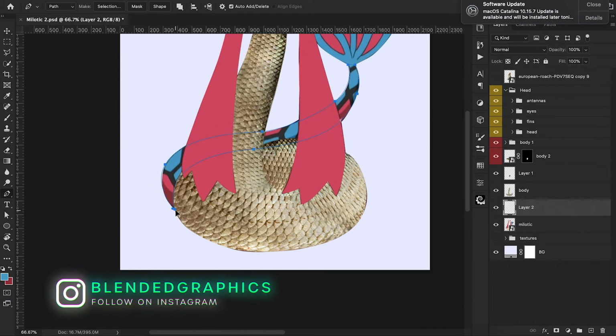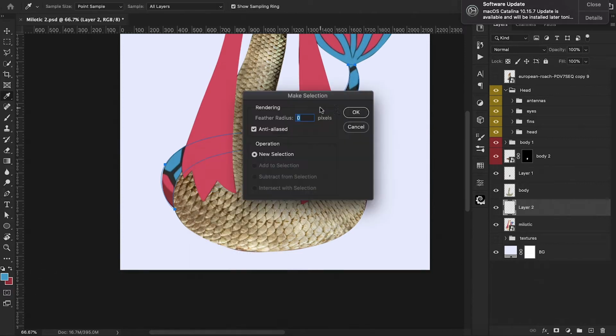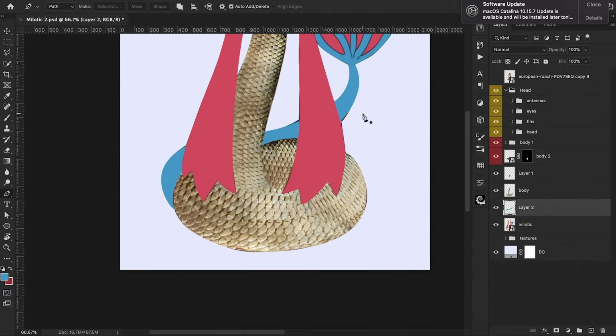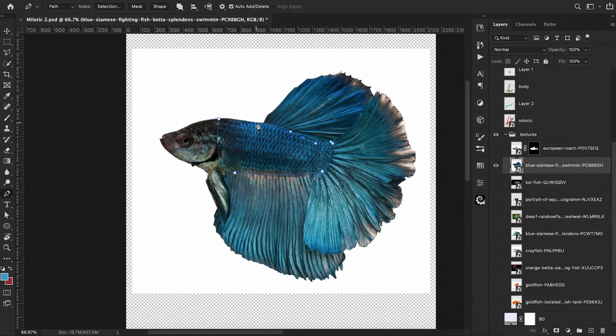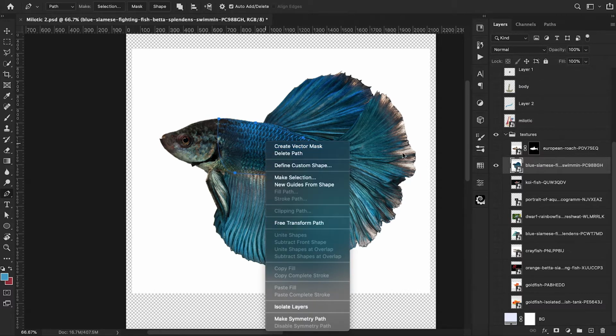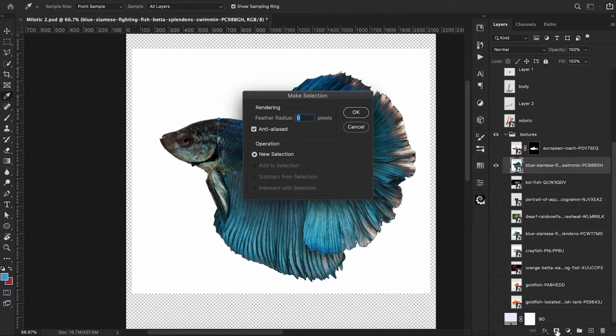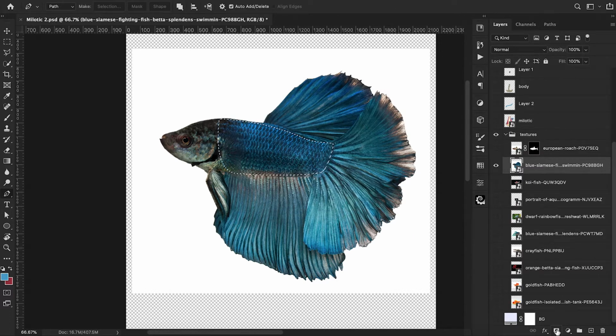And as we do this, I'm actually going to bring in a new fish to use for the tail. I kind of like the texture of this one just a little bit better. And so we're just going to create a selection of the body that we're going to use. And after we create a selection, I'm going to press Command J on that layer to create a copy of